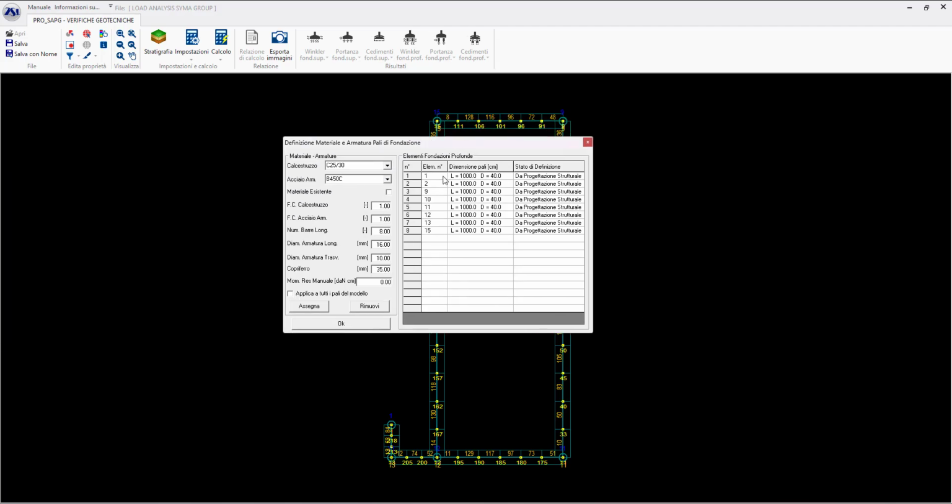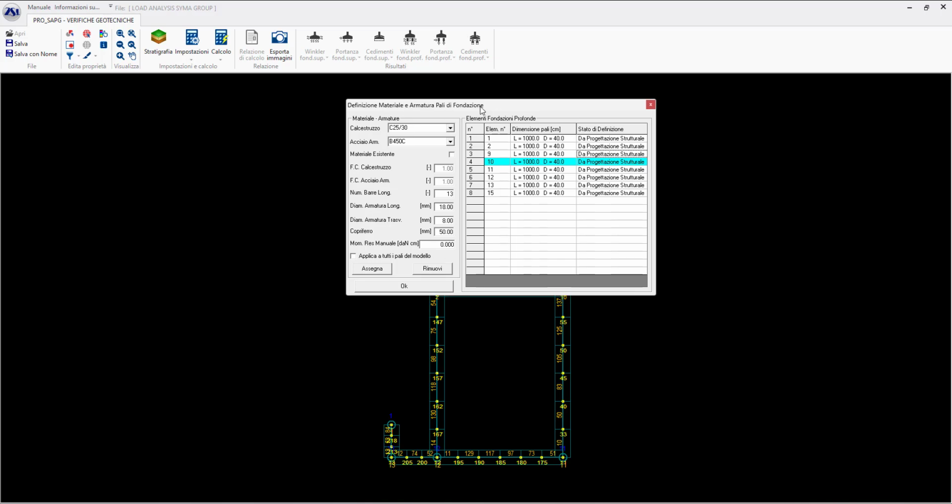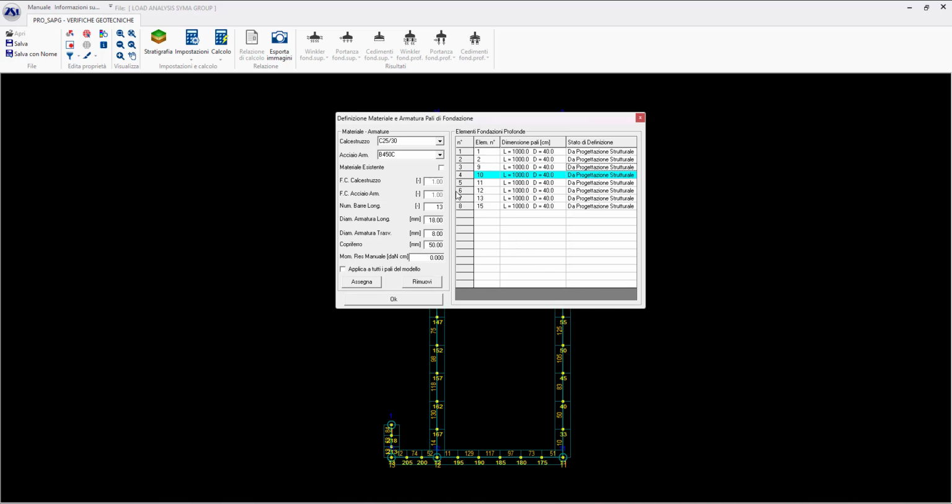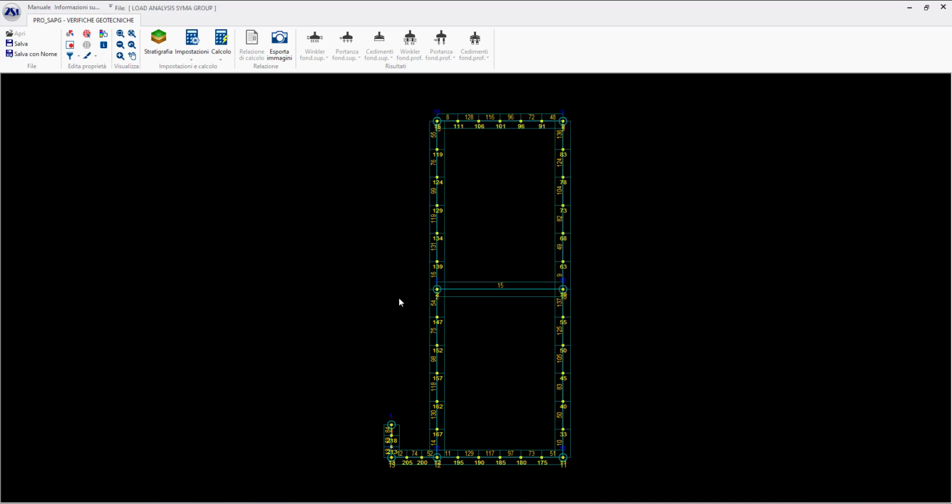In this window, we see for each element its diameter, its length, and here we have the number of rebars, every parameter of the rebars that we already designed. We can also modify it if we prefer, and for example, if we use steel piles that don't need to be designed, if you click on this, you can just insert manually here the resisting bending moment to do the checks and then go assign. This is not our case, so we can go OK.